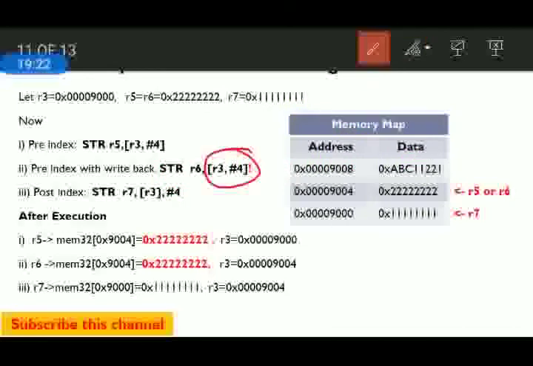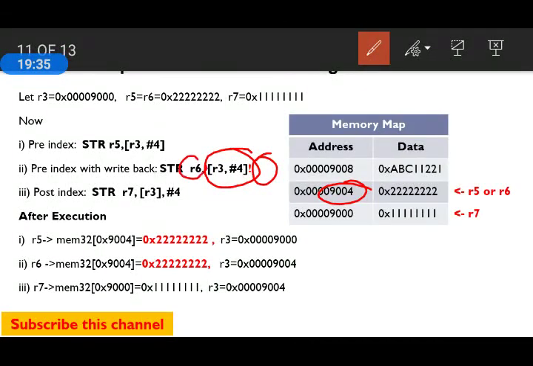Note that due to this exclamatory mark, the base address register R3 is updated. The effective address is the same, 9004. So the R6 content, which is assumed to be the same data, will be stored in this 9004 memory. But here in pre-indexing with write back, R3 is updated.